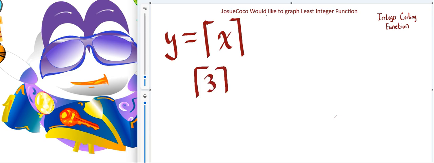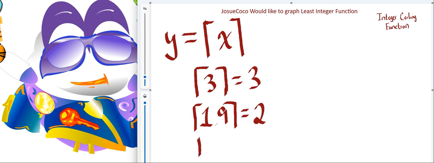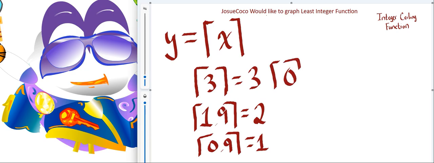We'll begin with the ceiling function of 3 equals 3. Next, we'll find the ceiling function of 1.9 equals 2. Next, we'll find the ceiling function of 0.9, giving us 1. Next, we have the ceiling function of 0, giving us 0,